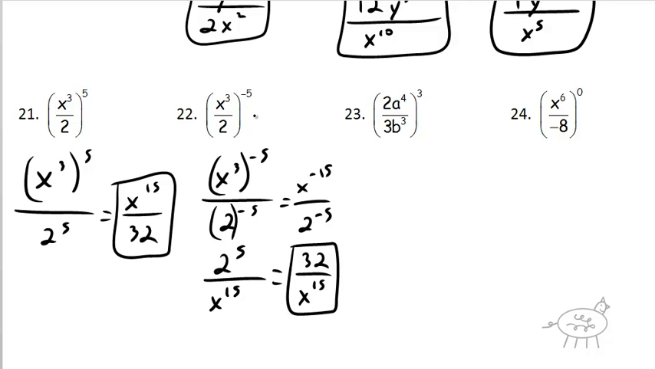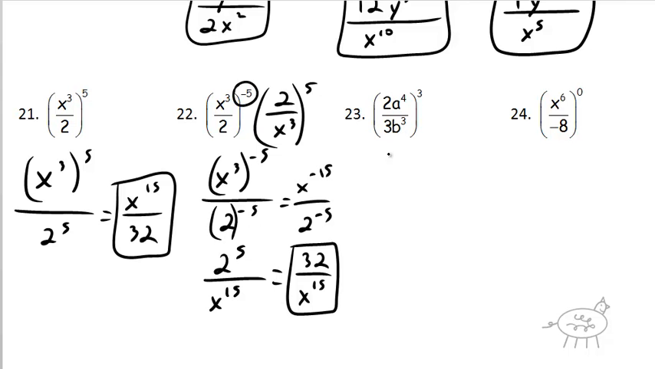Now, an easier way to do this, as opposed to having a bunch of negative exponents: if you have a negative on the outside of that, you can flip the whole thing over and make that to the positive 5. Okay? And then 2 to the 5th, and then x to the 15th. So that's a little bit easier. Okay? Alright, so this next one,